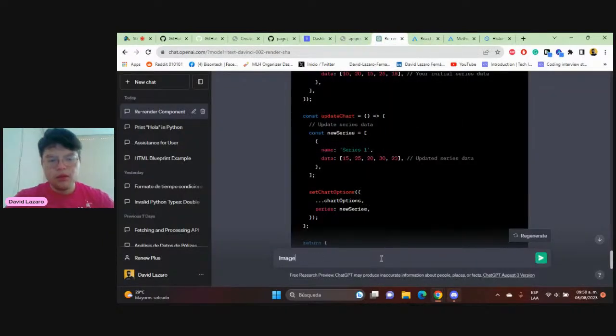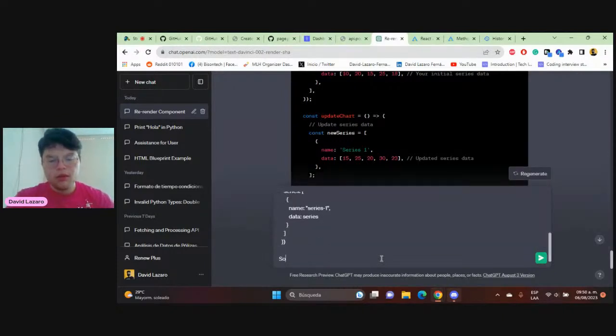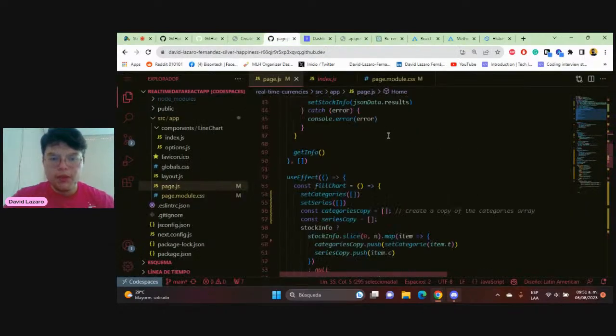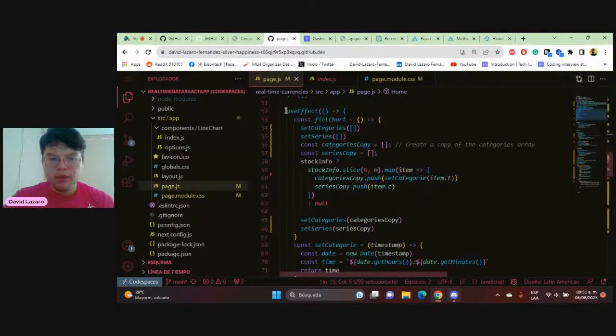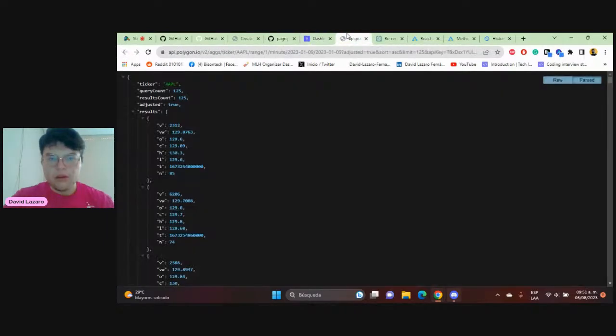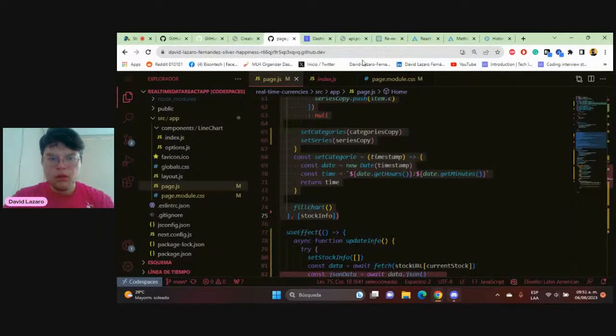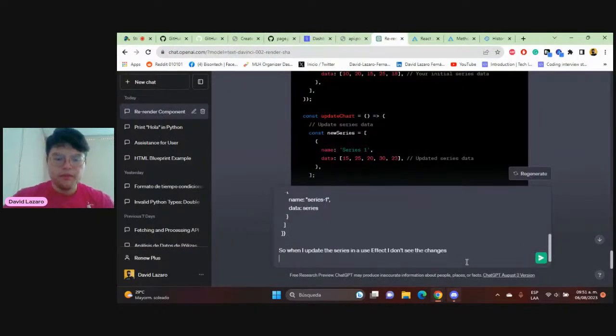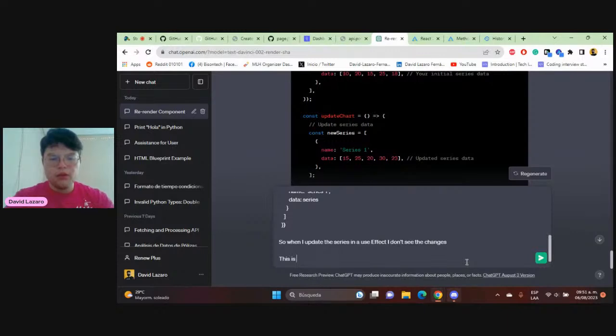So imagine I have this code. When I update the series in this effect, I don't see changes. So this is why, because blah blah. So this is the useEffect. And this is the